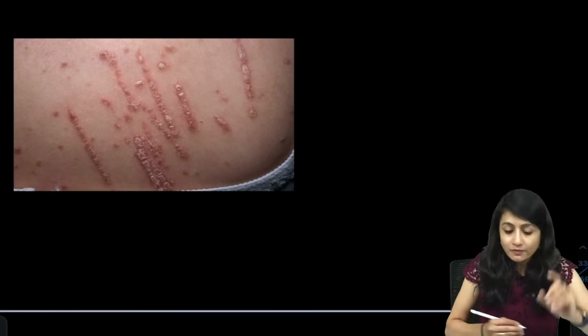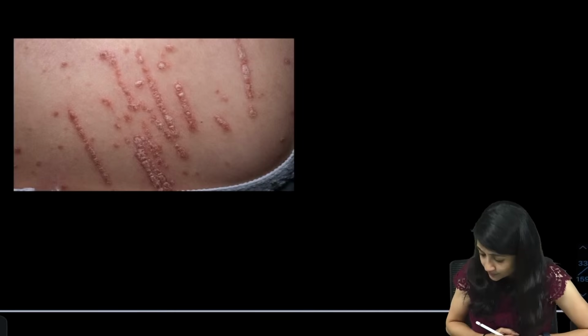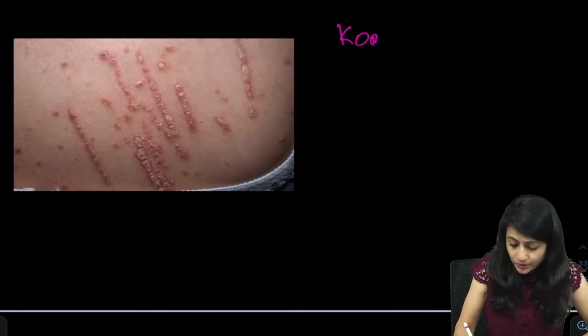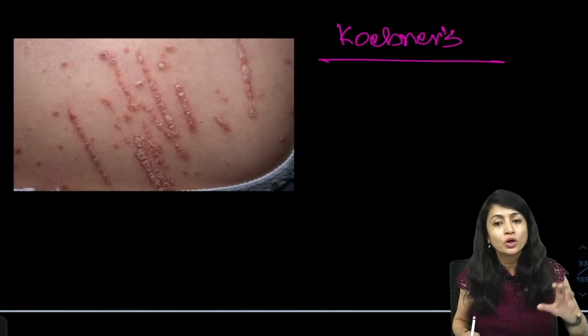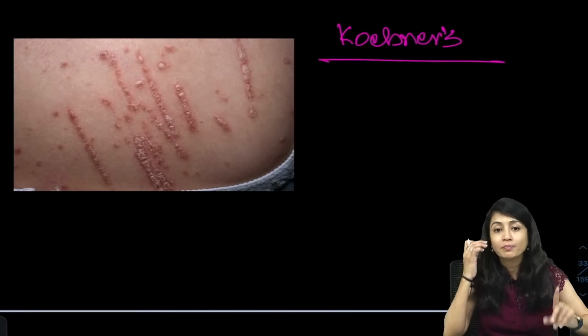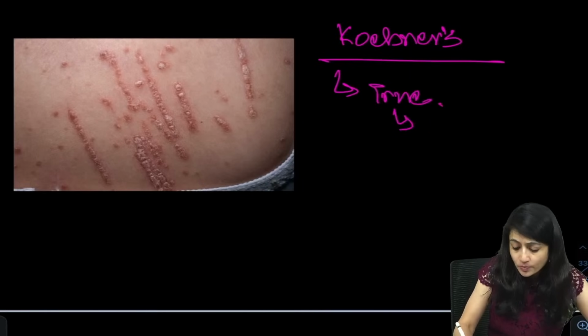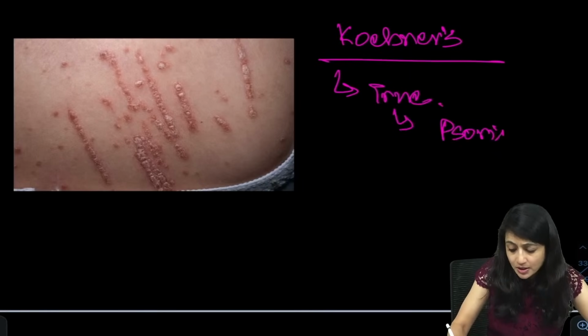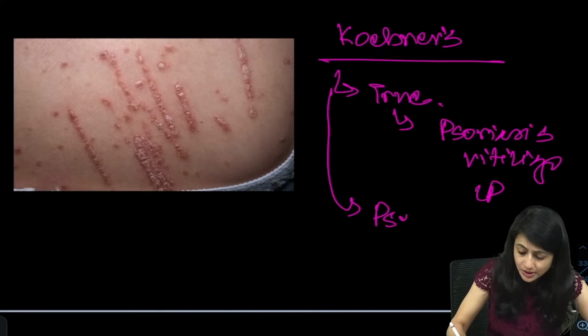So what is positive in psoriasis? What is this test that I see here? So this is Koebner's phenomenon. Koebner's phenomenon, you all know, along the site of scratching, you develop lesions of similar morphology. You should know true Koebner's is seen with psoriasis, vitiligo and lichen planus, and pseudo Koebner's is seen with